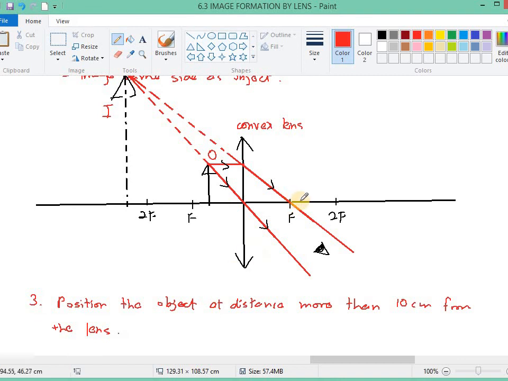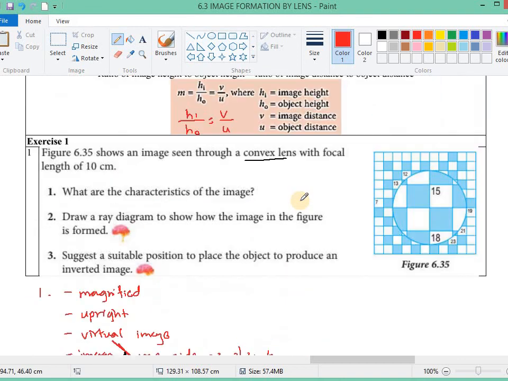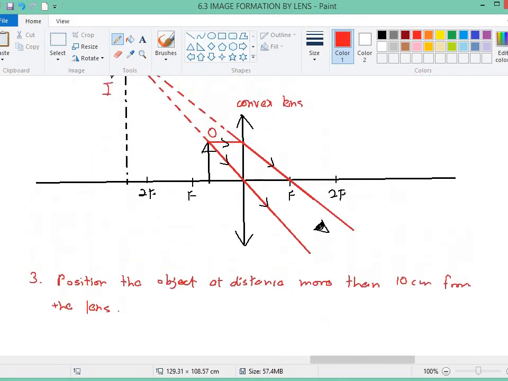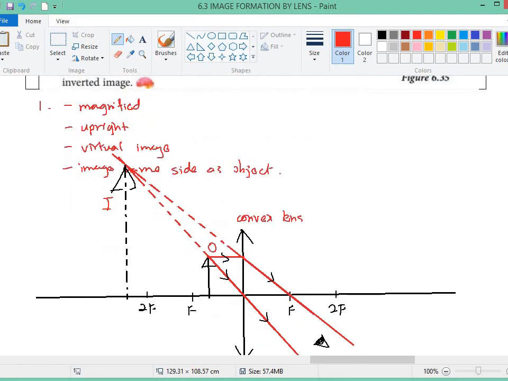Okay? Because this is a convex lens, and any object that is further away than the focal length, then we will be able to get a real image, which is an inverted image. Okay, so